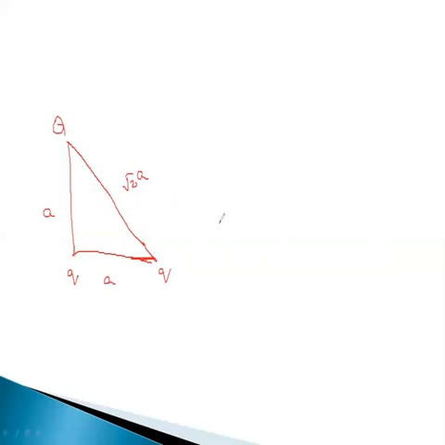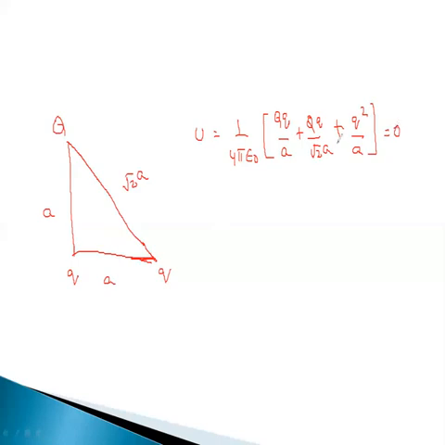In that particular case, see here, between capital Q and one small q, this one I consider. See the total potential energy. Of course, in all the combinations, 1 by 4 pi epsilon naught is common. And capital Q into small q by A. The second one is between these two that I consider, that is capital Q and small q by root 2A. And between these two charges, small q and small q, q square by A. And this total potential energy is given as 0.